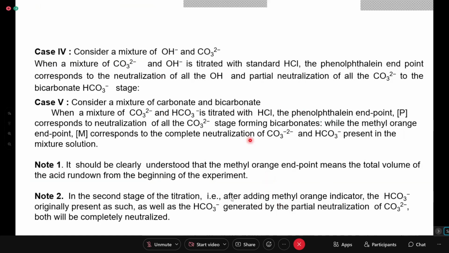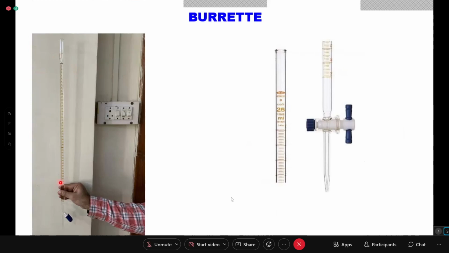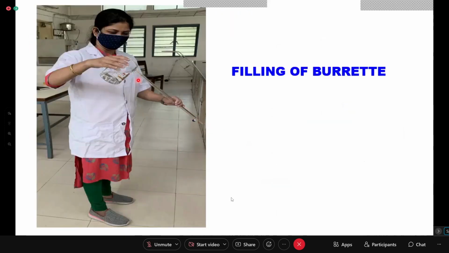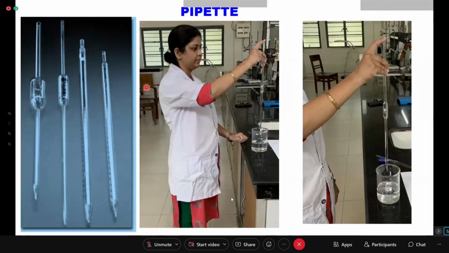Just now we have discussed all these things. This is a burette. This is how a burette should be filled. You have to move a little bit away from the platform. Hold the burette in your left hand. Keep the beaker containing HCl on the burette end, and along the side the solution should flow so that there is no air bubble trapped inside the burette, nor any air bubble in the jet of the burette. Then the lower meniscus of the colorless solution should be adjusted against the mark on the burette.